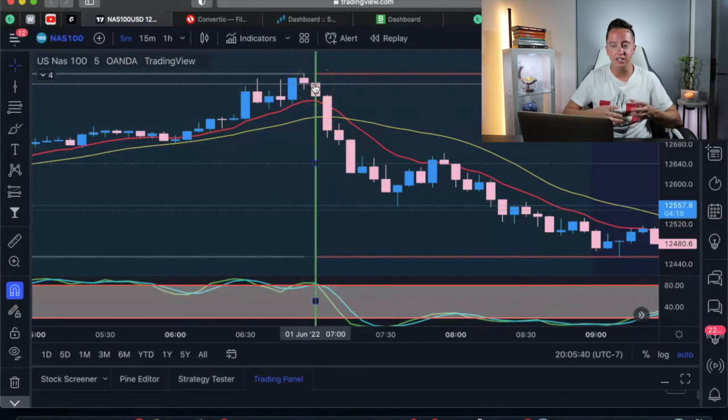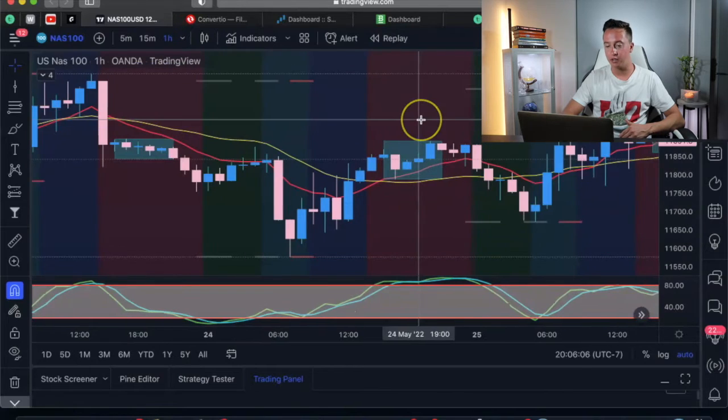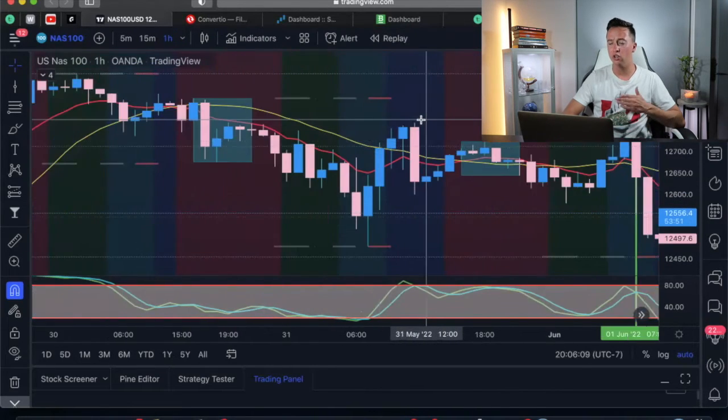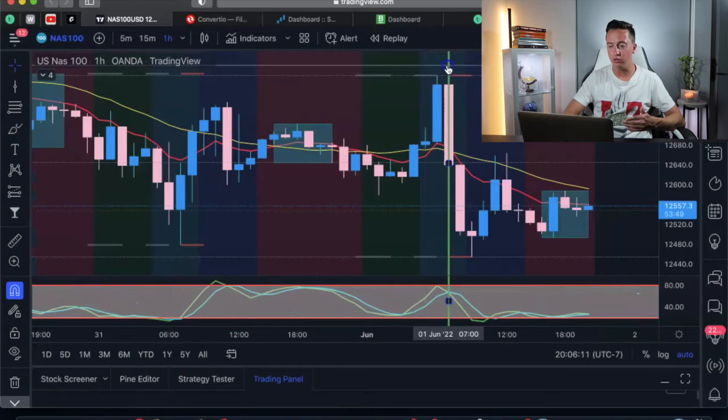So when you see these big explosive moves, what you need to do is go from the hour to the 15 to the 5 to really dumb it down and understand where these moves are happening and which time frames are going to tell you when these reversals are going to happen. Now what I'm going to do is go back to the hour time frame, and I want to just look back in time for about a couple of weeks